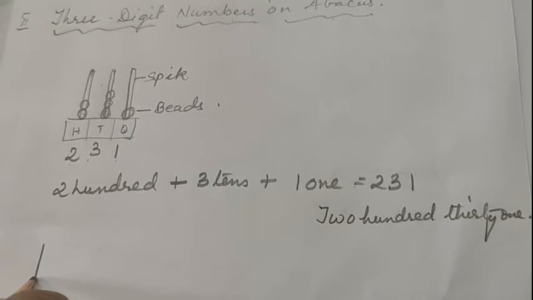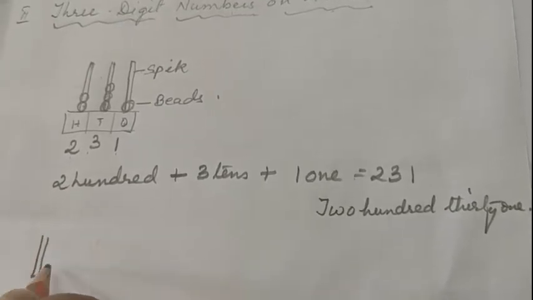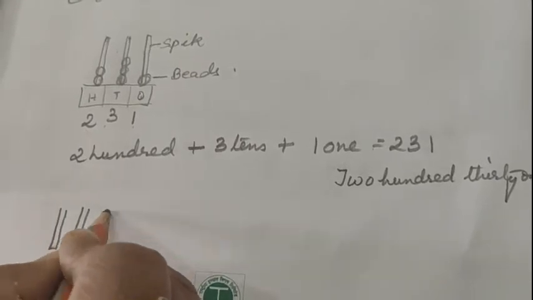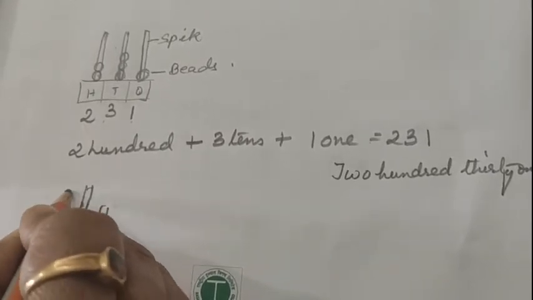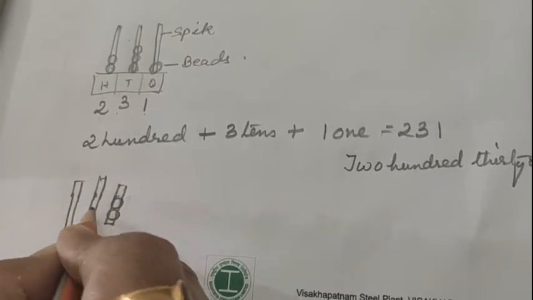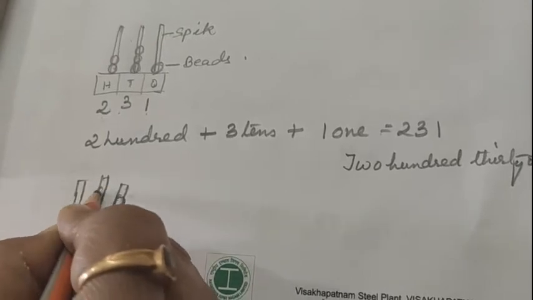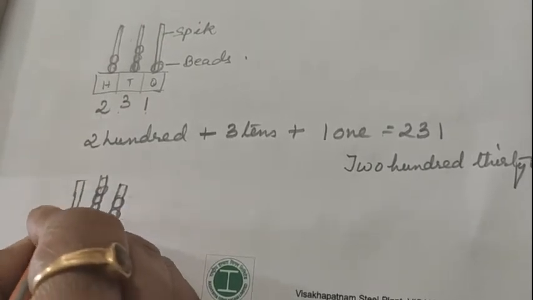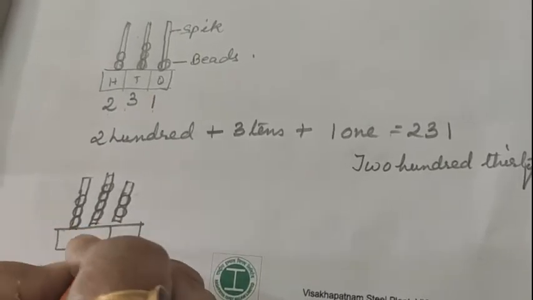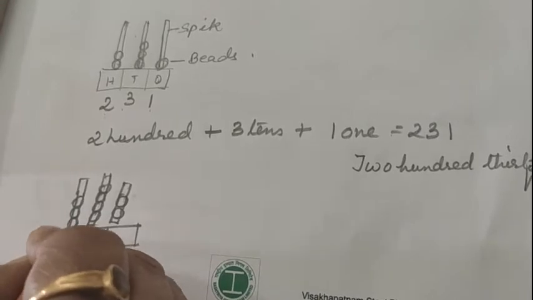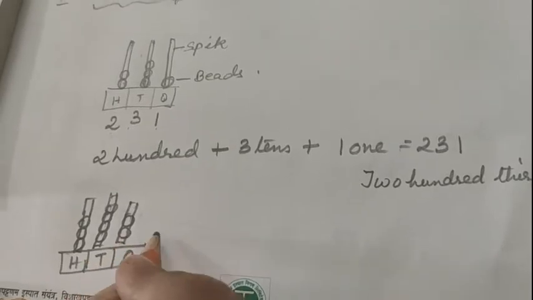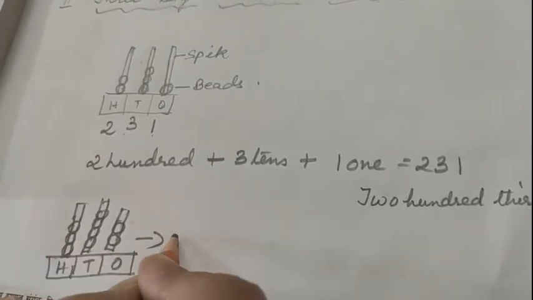Next one, another set of beads. I am drawing it. See that? So 3 spikes are given. In these 3 spikes, the number of beads is given. So in this maybe 2 beads are there. In this 1, 2, 3, 4 beads are there. In this 1, 2, 3 are there. It is given like that, 3 boxes are represented. This is hundreds place, this is tens place, this is ones place. So what will be the answer for this? For this one, first one is hundreds position, 3 is there.